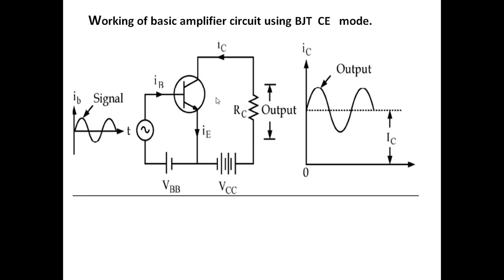Whereas in the active region, the input junction, that is the emitter junction, is in forward bias and the output junction, that is the collector junction, is in reverse bias. Then these characteristic curves are called the active region, or the transistor is said to be in the active region. And the third one, cutoff region. If both the junctions, that is the emitter junction and the collector junction, are in reverse bias, then